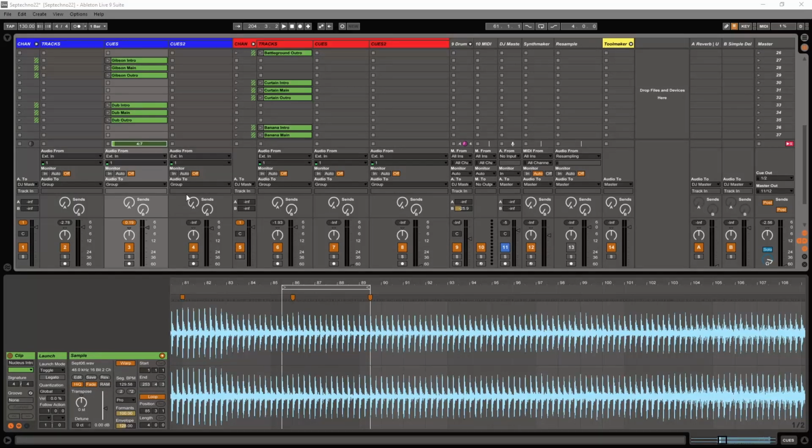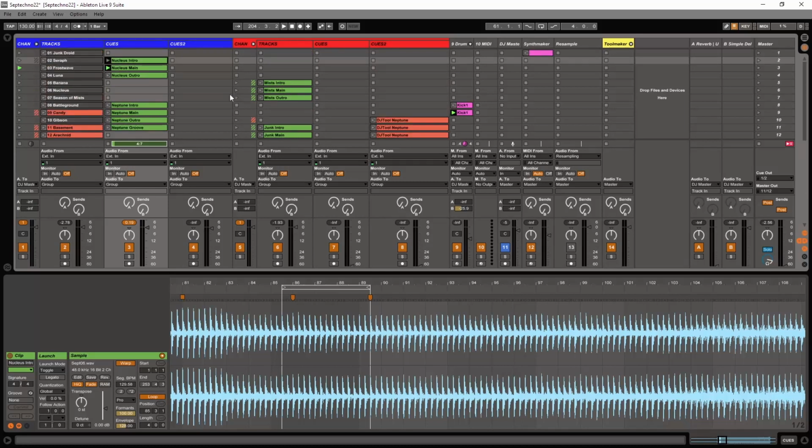A little more to update you on with what we've got on this DJ set. All of these tracks that are in dark grey, I have not only warped them and set them up, but I've also created different cues for those. So that means that there's some points at the beginning, middle and end of the song which are set up, and I can show you what I've done with those, and that's really helpful if you want to